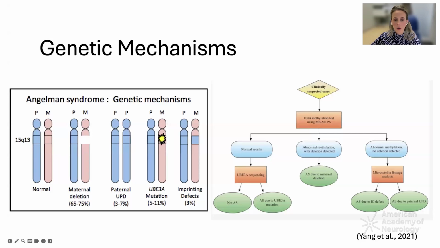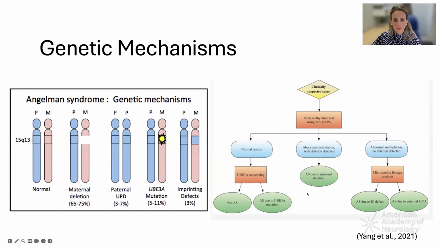Cases of Angelman are often caused by de novo deletion of the maternal chromosome 15 or paternal uniparental disomy. Features of Angelman syndrome result from deficit expression of function of the maternally inherited UBE3A allele. Molecular diagnostics for Angelman syndrome include epigenetic testing with methylation-specific MLPA, and the diagnostic algorithm for clinically suspected cases is